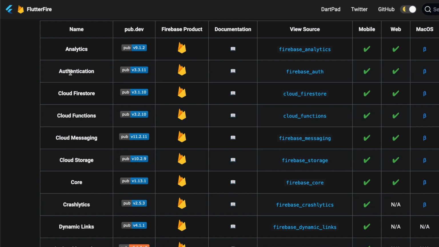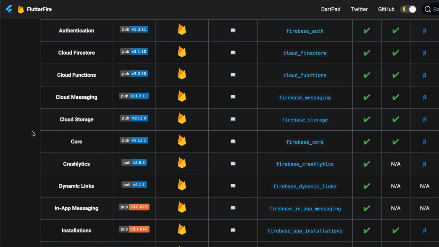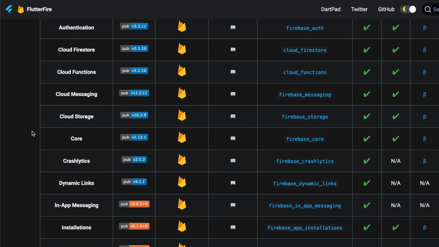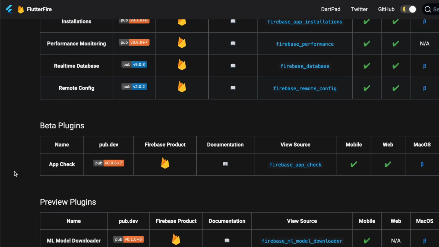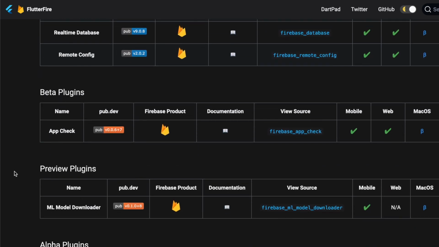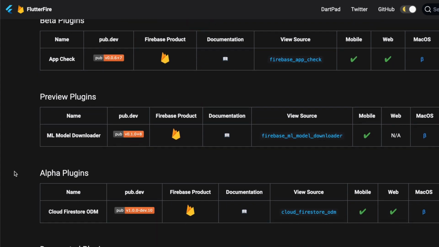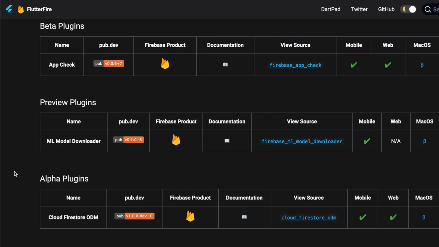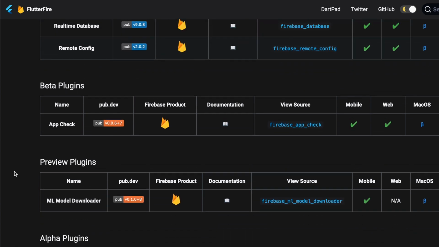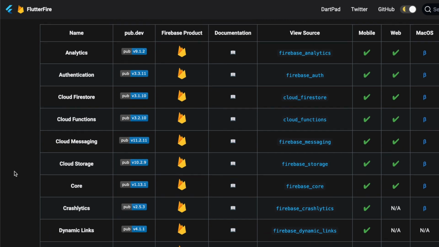You've got analytics, which we've used, authentication, Firestore, functions, cloud messaging, which can be used for things like push notifications. You've got the core one, which is the prerequisite for any other Firebase dependencies you want to add, in-app messaging, Crashlytics, real-time database, and then those are just the stable ones. We've still got ones in beta and in preview and in alpha, as well as some deprecated ones that are no longer used, but you can see here that we get a lot of potential functionality from Firebase,